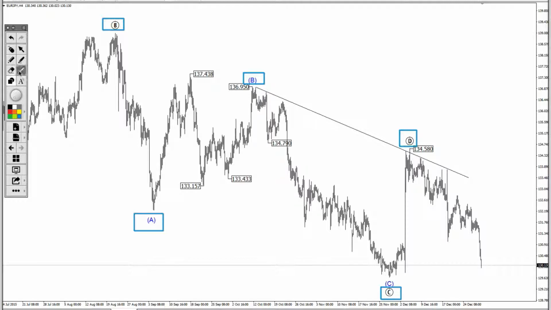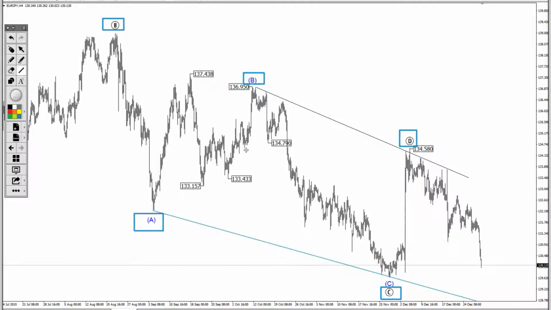So now expected move next would be to move towards the lower part of the trend line, maybe near 128.5 level, to complete the large triangle, and after that turn back up and form the next part of the triangle. Of course, there can be a similar structure here than in pound dollar, which has formed a large wedge-shaped channel. So of course there can be a similar structure here.